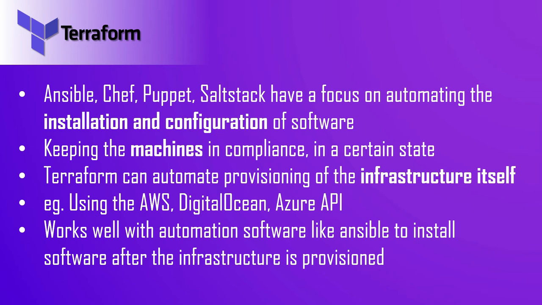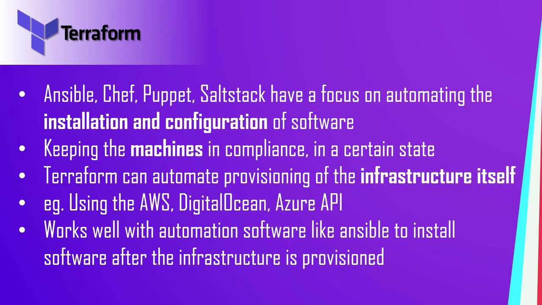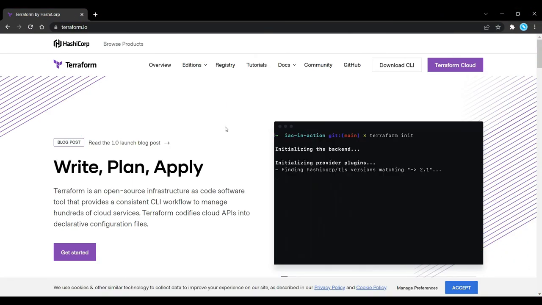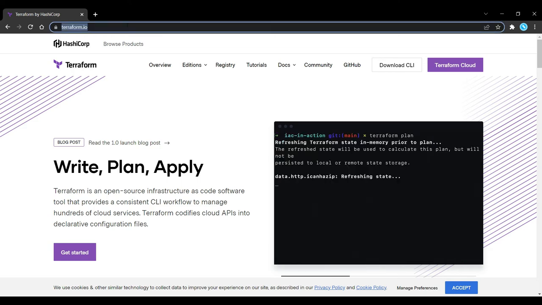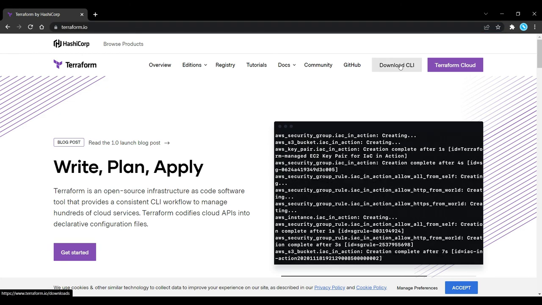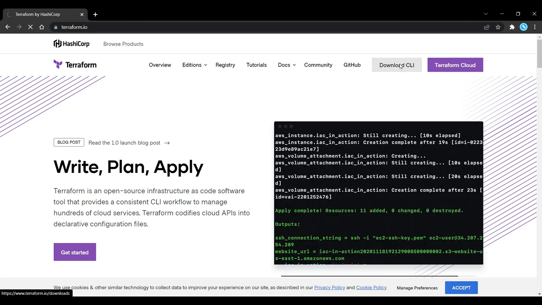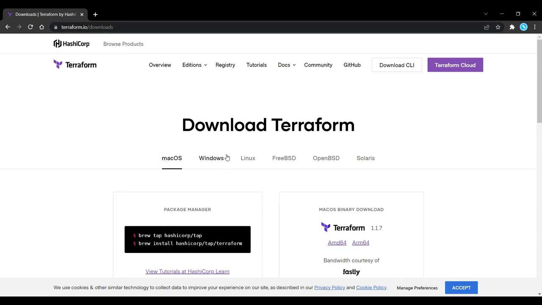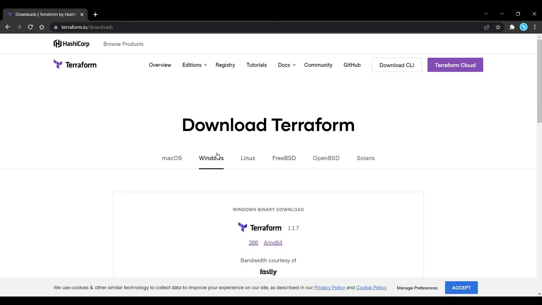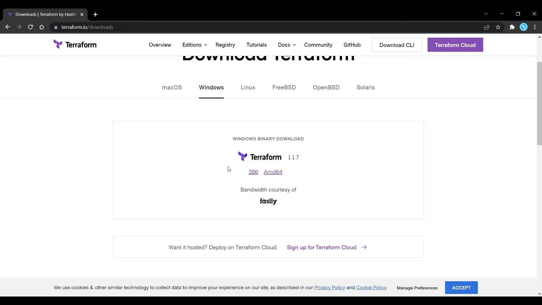Okay, so now let's see how to install Terraform on a Windows system. So let's get started. As you can see, I have a Windows machine here, and I just went to the terraform.io website where I can see the download CLI button. So let's click on it, and here we can see the different operating systems. So let's click on Windows. Now I am on Windows 64-bit, so I will click on this,